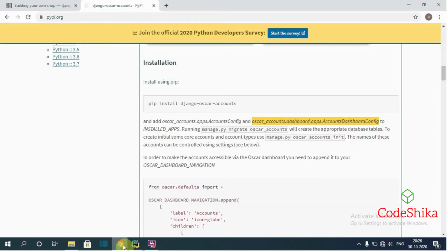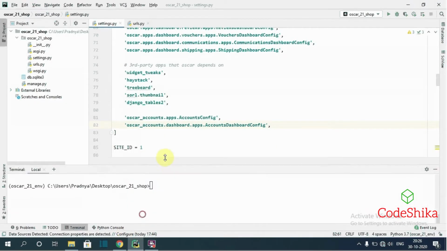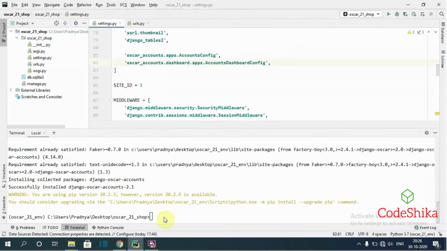Okay. Next we need to run manage.py migrate oscar_accounts, and that will create the appropriate database tables for Oscar accounts. So let's copy this. Open terminal. Here I will paste that command. Before that I will type python.